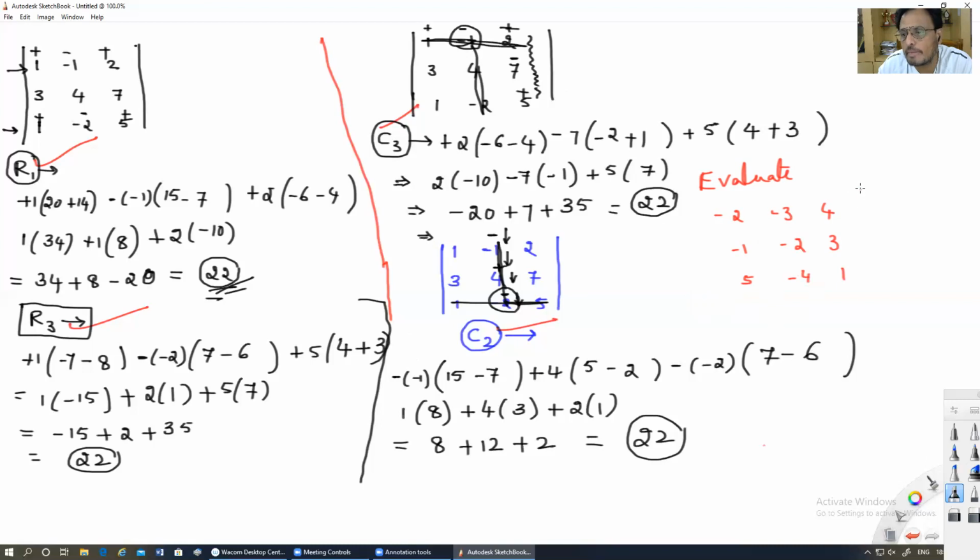So determinant is not a matrix. So that is the modulus symbol. Directly I've given the determinant of this. You can use any row or any column. Definitely you can. So dear students,